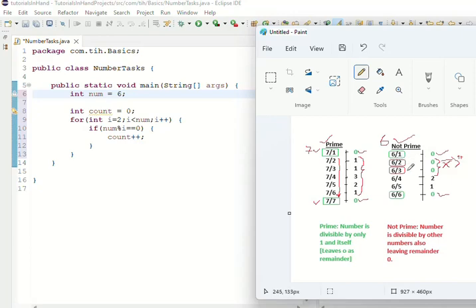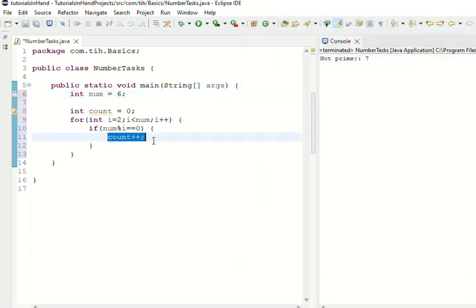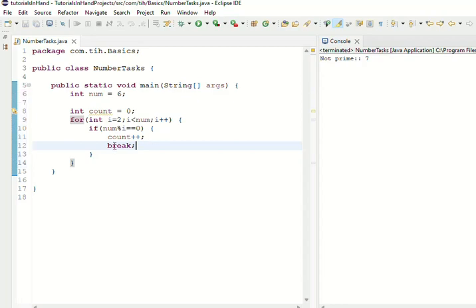And if we get at least one number, we don't need to check whether there is any other which is dividing it or not, because if we have got at least one, then we can conclude that it is not prime, right? So once we get that except 1 and 6 there is another number, 2, which is dividing this number, then we can say that it is not prime, since we have got one more number which is dividing it, so it will never be prime, right? And once we get that, we can break and move out of the loop.